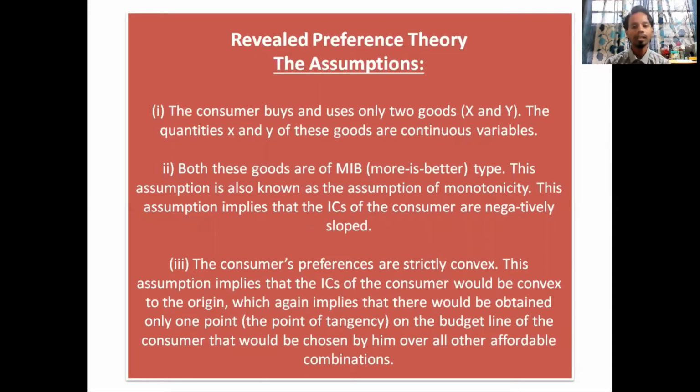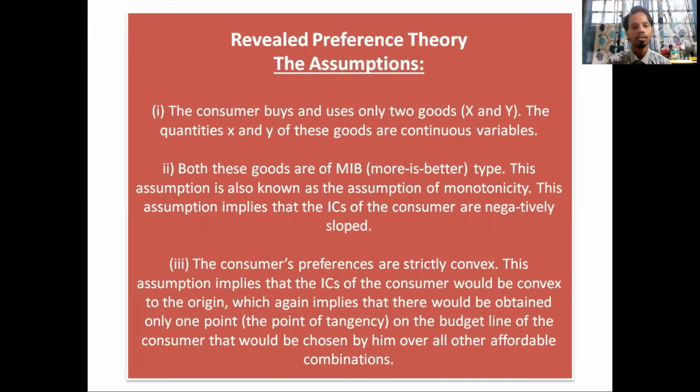The consumer buys and uses only two goods, meaning that he or she only buys a combination of two goods. There might be combination 1, combination 2 and combination 3, but being a consumer, when we plot a diagram, a diagrammatic representation with x-axis and y-axis, we'll be choosing a combination which is touching the budget